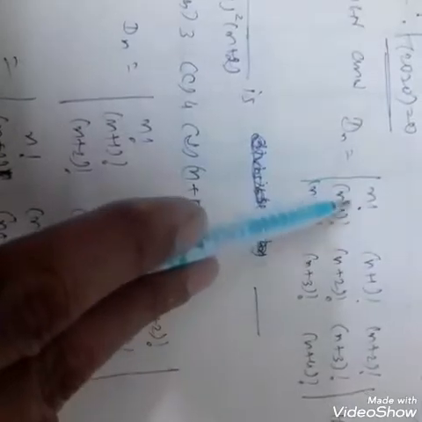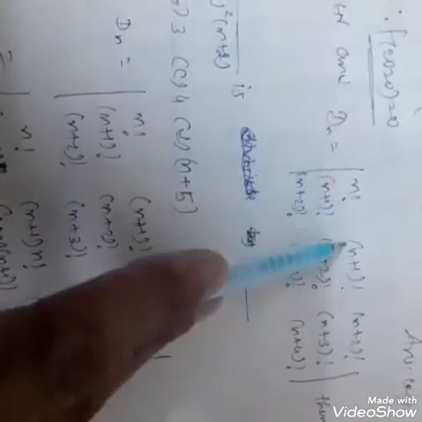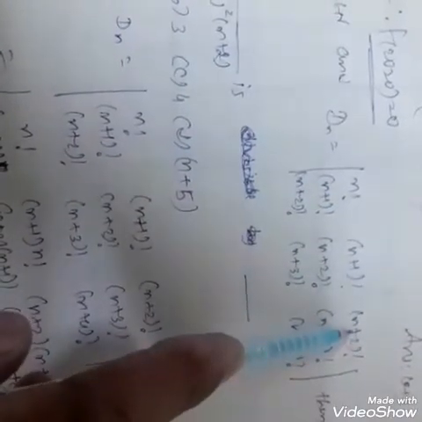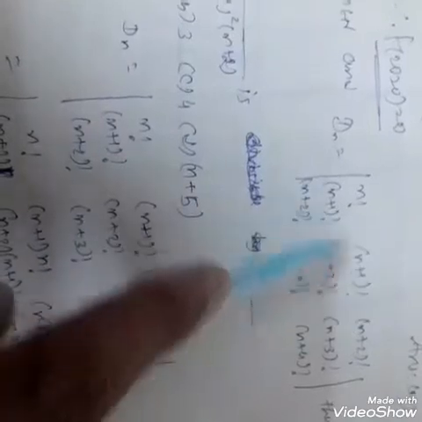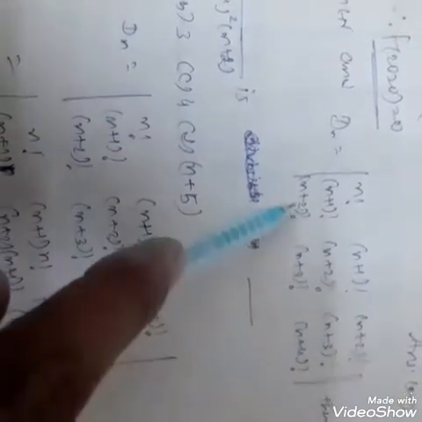Now we discuss the next question, which is related to permutation and combination. Here n is a natural number and dn is given, means n determinant, means here d, and any one, that is the symbol only. N factorial, n plus 1 factorial, n plus 2 factorial are the elements of the first row; n plus 1 factorial, n plus 2 factorial, n plus 3 factorial are the elements of the second row; n plus 2 factorial, n plus 3 factorial, n plus 4 factorial are the elements of the third row.